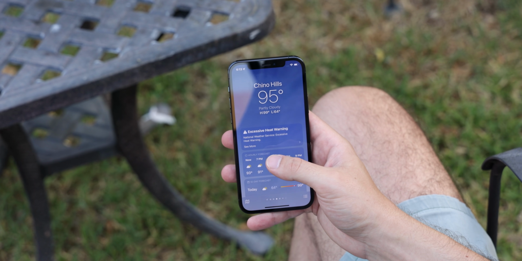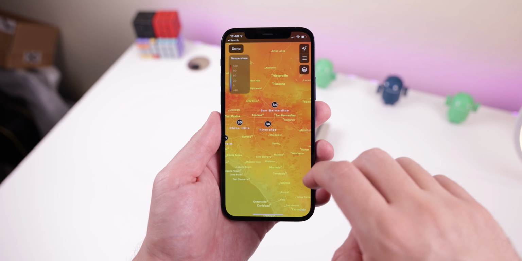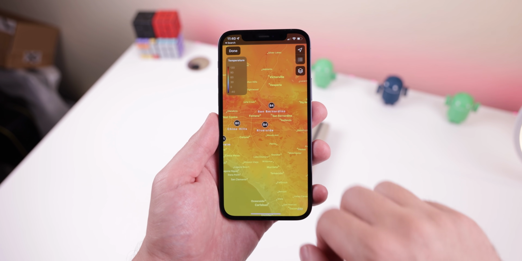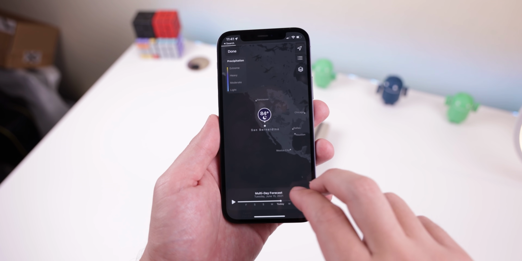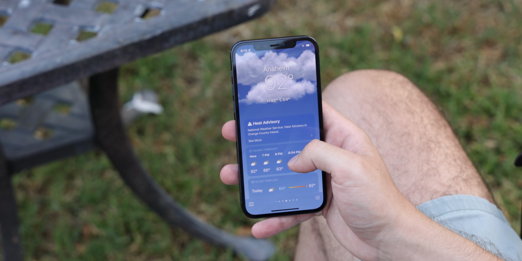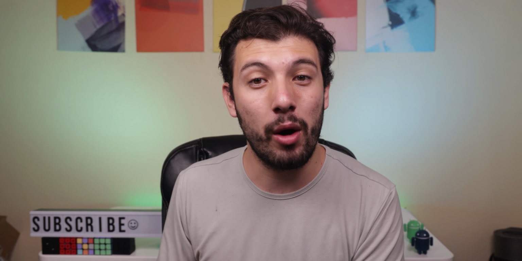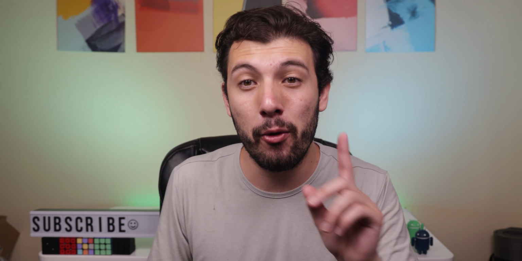It has a new animated background based on the weather in your location, a full screen map that lets you visually see the temperatures and weather conditions in other cities, states, or even countries. A lot of this is visual flair from Dark Sky, and it's definitely much better than what stock Android provides. Now there are also a ton of Android 12 features that iOS doesn't have, but before I go over them,